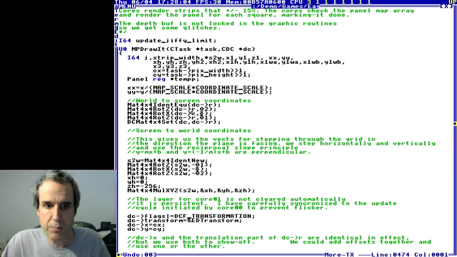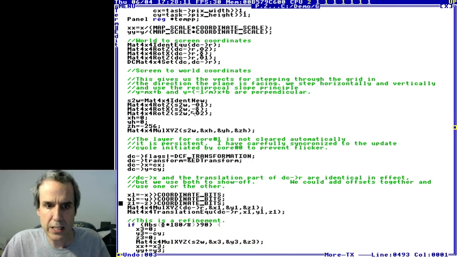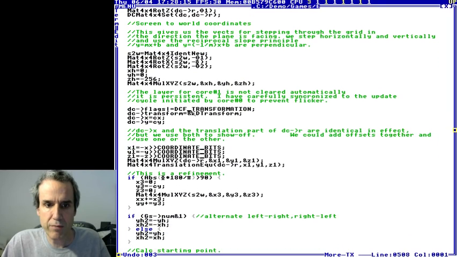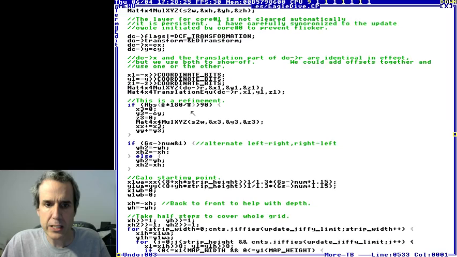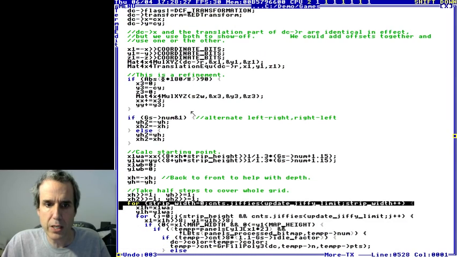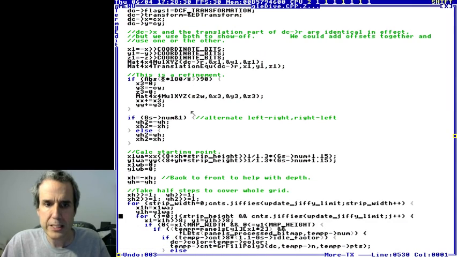So it sets up the projection matrix. Once it gets the projection figured out, then it calculates where its strip starts and stops, and then it goes through its strip. It's a two-dimensional strip, and underneath is a bunch of bins that form a grid, and there's a